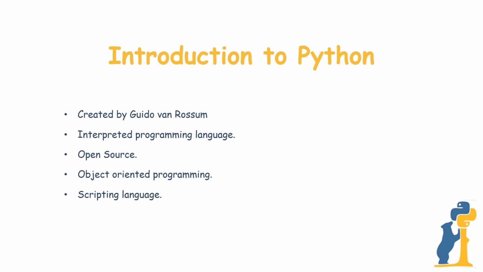Before we go to the session, we must know what is Python, what is pandas and what are data structures. Python was created by Guido van Rossum. Python is an interpreted programming language. It is open source. We can access it anywhere from the internet at www.python.org. Python supports object-oriented programming concepts such as inheritance, polymorphism and so on. Python can act as a scripting language for web applications and also mobile applications.